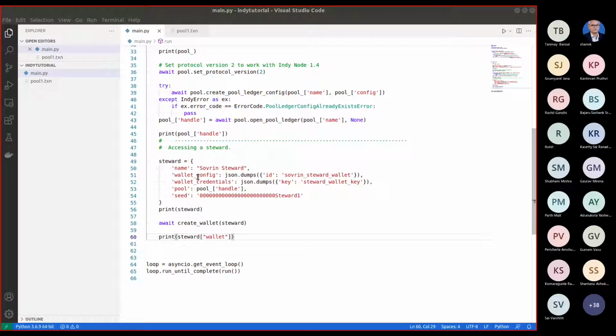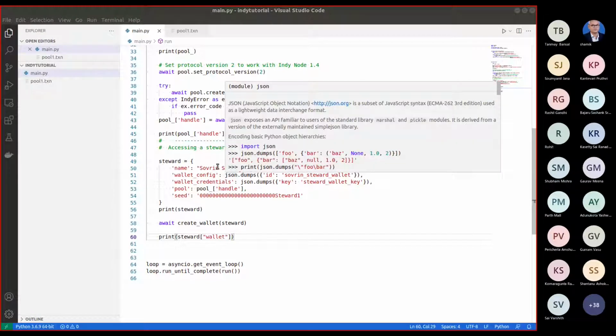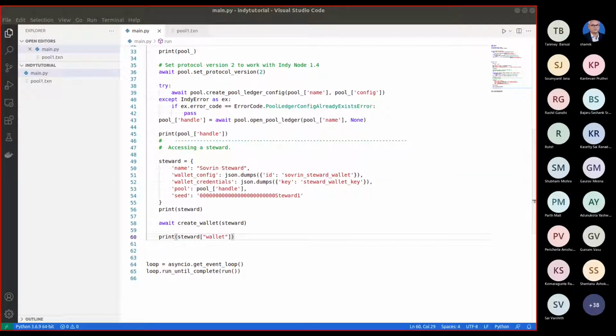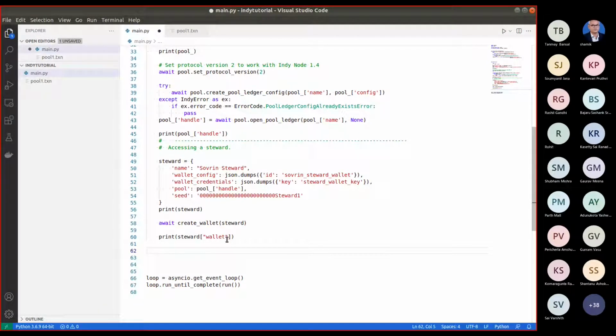So we have created a wallet for this steward, the user steward. Now we need to get hold of its DID also. The DID is already present in the Indy ledger because this is a steward, which is one of the nodes among the 4 nodes which are running the Indy network. Okay, so we just need to get hold of the DID, and store the DID's credentials in our wallet. So for that we will be doing steward, and then we can store the DID info in this